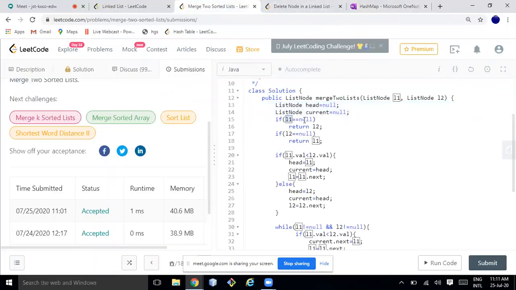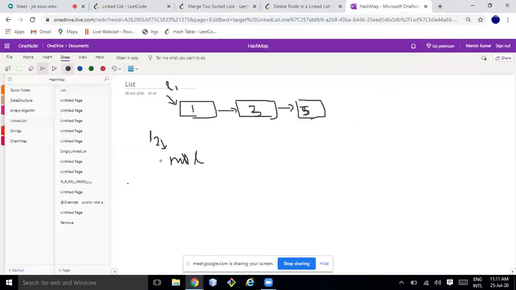So if L1 is null, then I can return L2, whatever the elements are in L2. If L2 is null, then I will return L1. If L1 is null, then I'll return L2. If both are null, then obviously we will be returning null only, right?